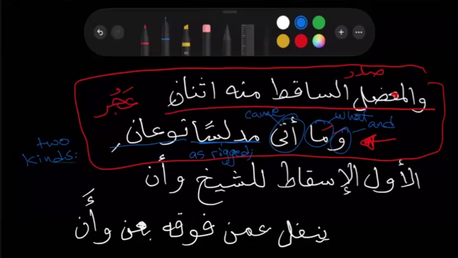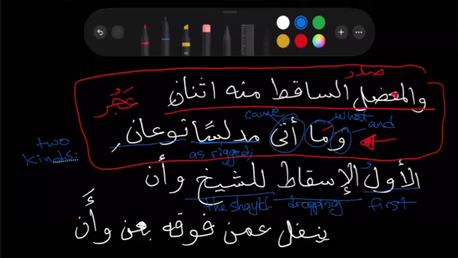So it goes on into the next line. Here's the first half of the next line. Al-awwal al-isqatu li-shaykhi. The first of those two is al-isqat, dropping. Li-shaykh, meaning dropping the shaykh, the one who gave the hadith to you. You are deliberately dropping out the one who told you the report. And two, and two. So the first is dropping out the sheikh, meaning you're deliberately dropping out the one who told you the report. And two,